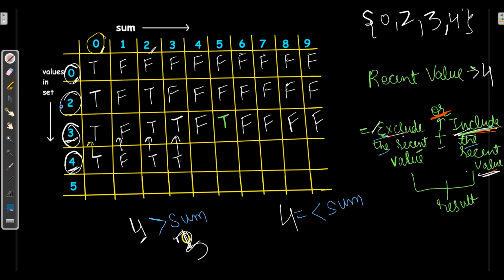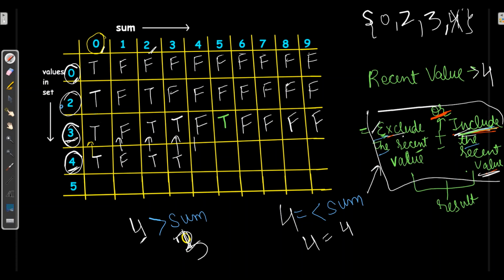Now as soon as value is equal to sum, we will check as per this. First, I will exclude the recent value.